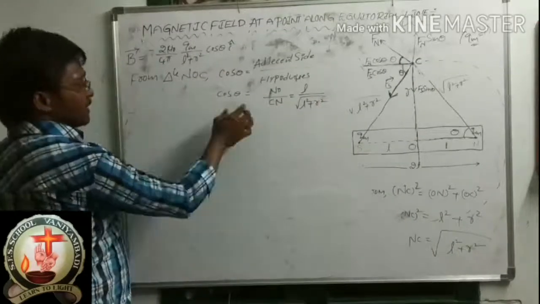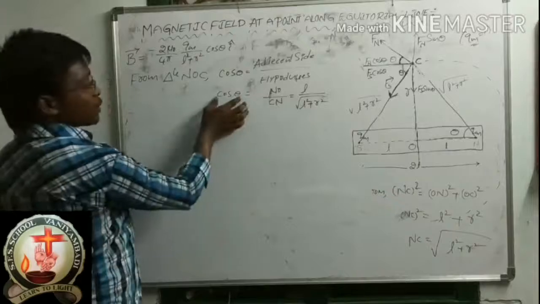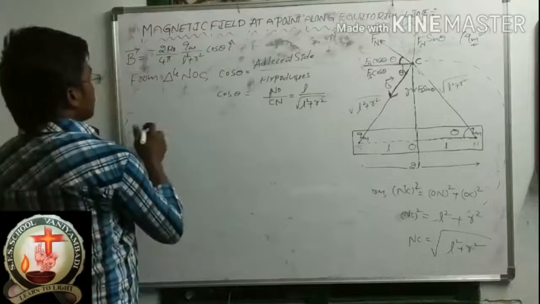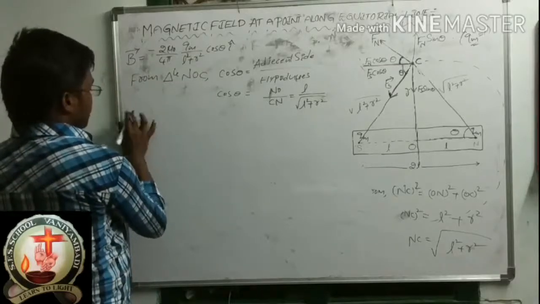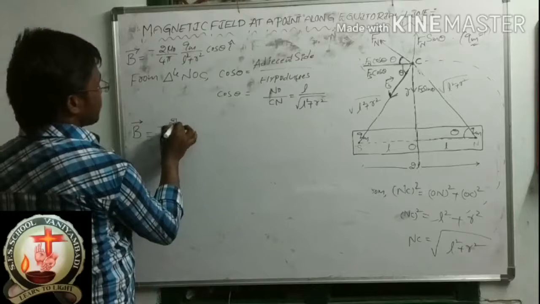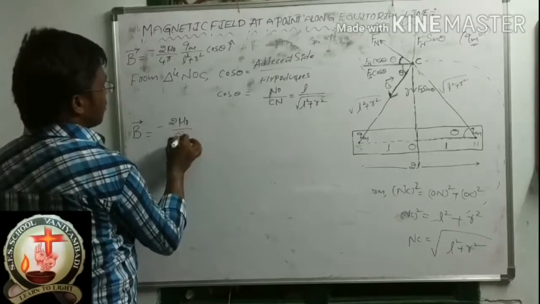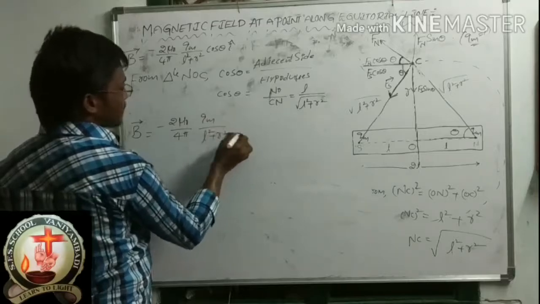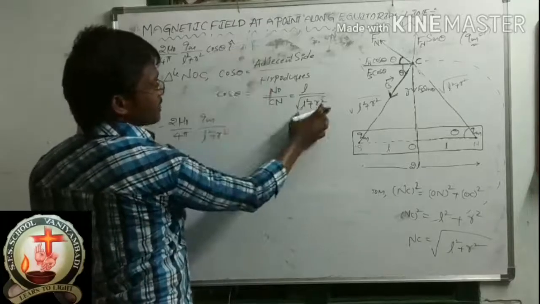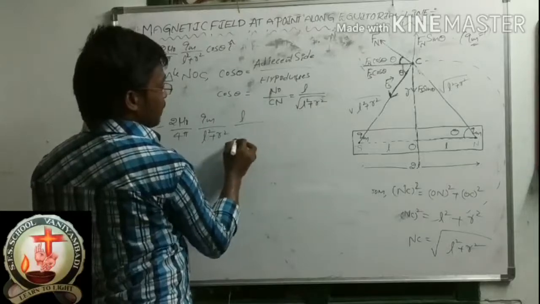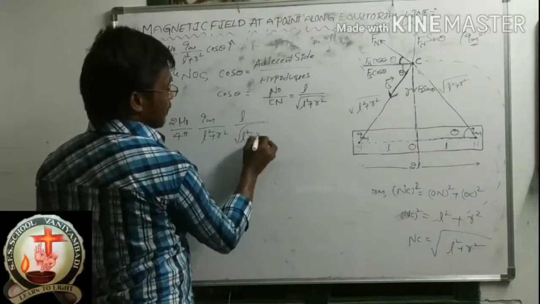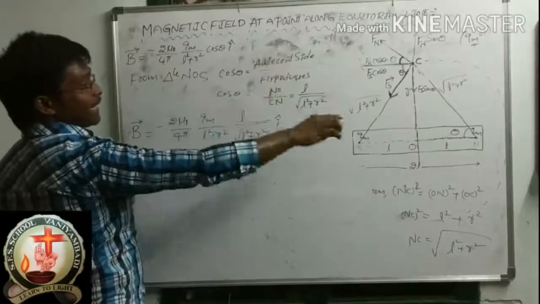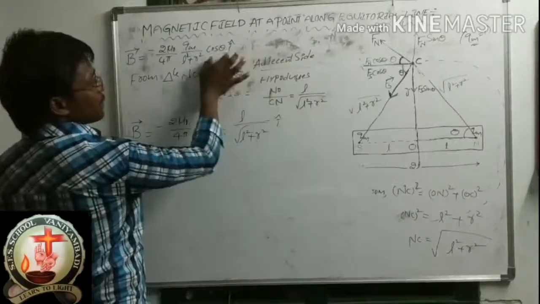Okay, so this is the cos theta value. Please substitute this cos theta value in the place of cos theta. So B bar is equal to minus 2 mu naught by 4 pi Qm by L square plus R square, and in the place of cos theta, substitute L by under root L square plus R square. I cap is I cap only. By the use of this triangle, I found the cos theta value. This one I substituted.